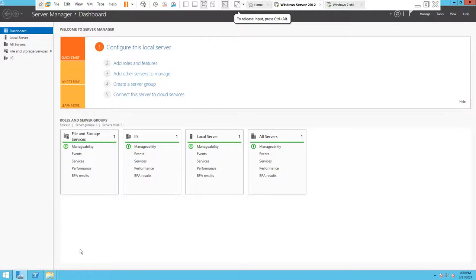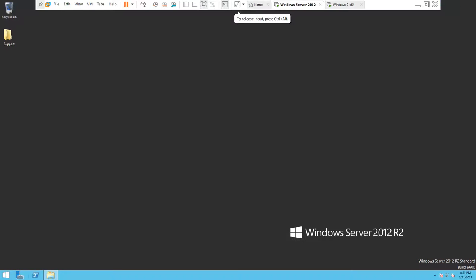Hello everyone. In this practical we will install the print server first, then we will do some configuration related to the printer in the print server, and we will access that print server from the client machine. As I told you in the previous practical, if you want to add any roles in the server, then you have to open Server Manager.